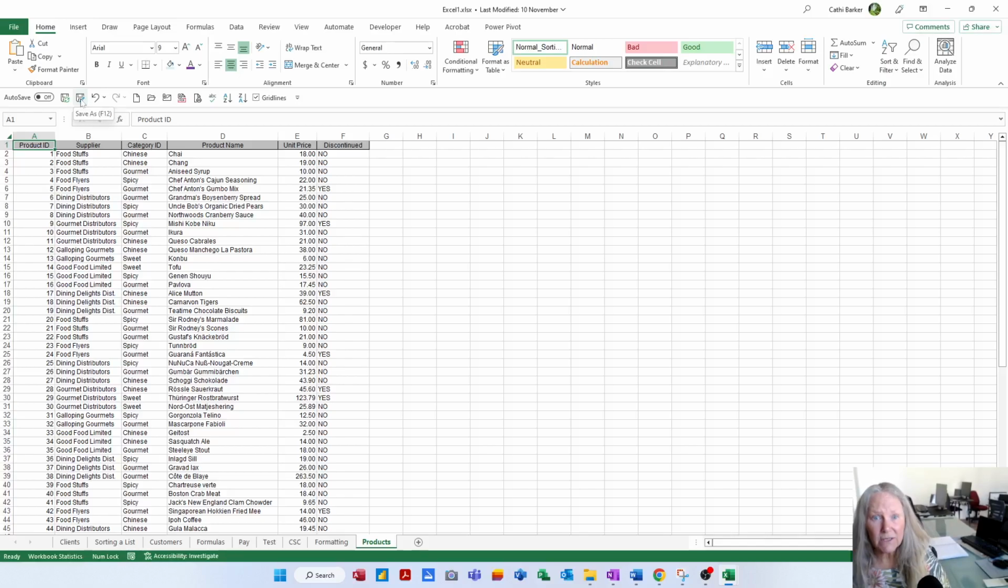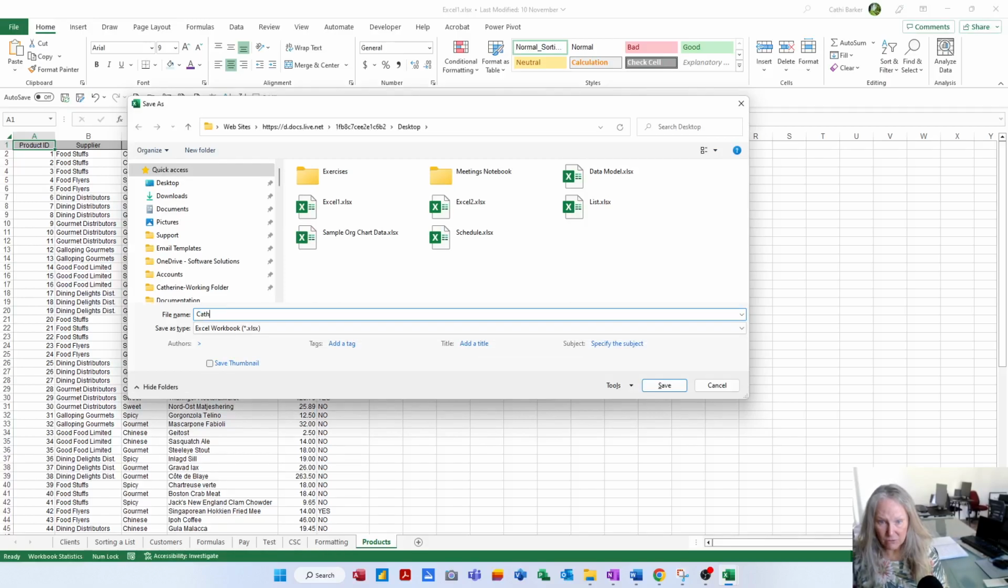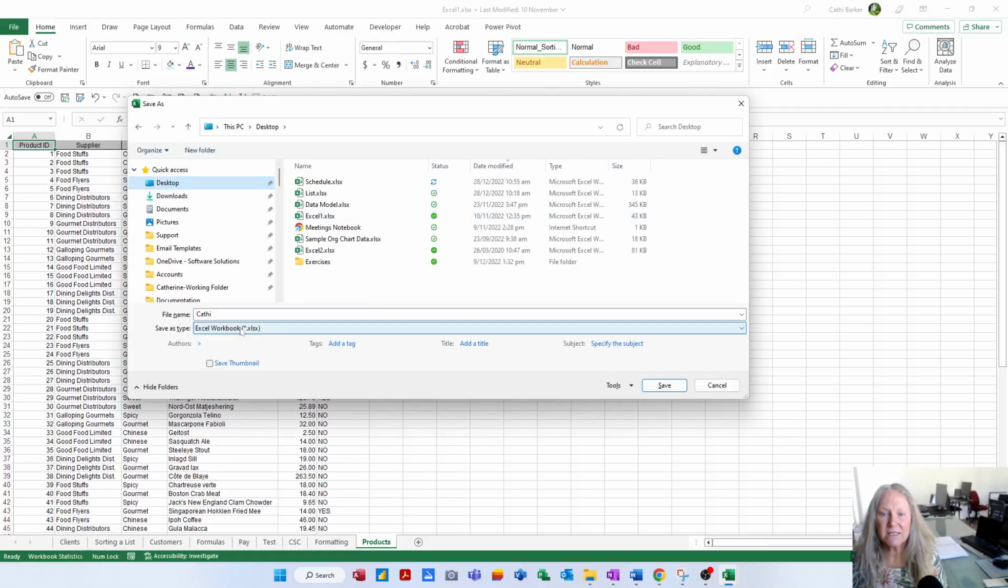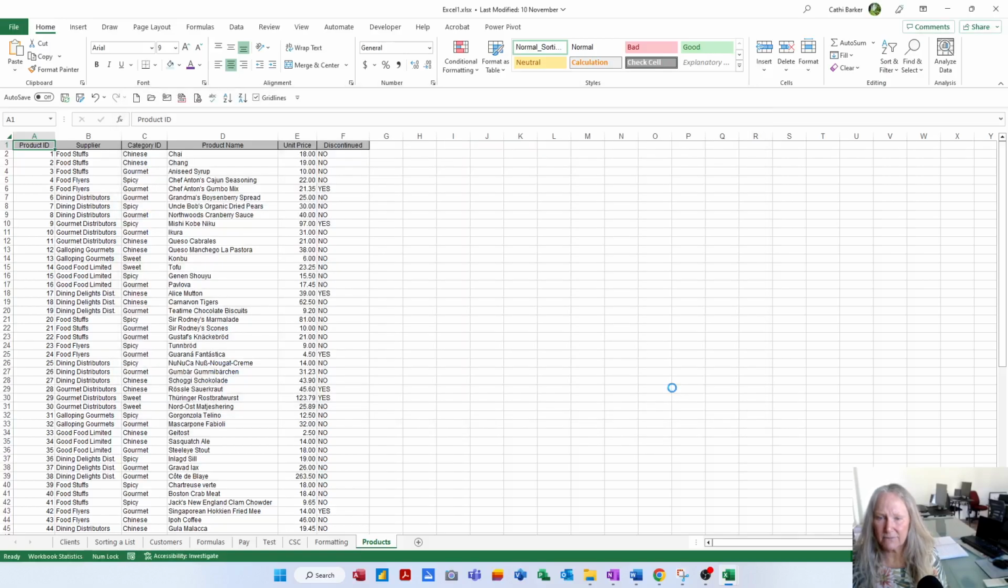In an earlier video, we added this button to our Quick Access toolbar. Press F12 or click this button and save this as your first name. So I'm just going to call it Cathi. I'm going to put it on the desktop, and I'm just saving it as an Excel workbook and save. All right. Now, another thing I also mentioned in an earlier video, I think it was video 2,